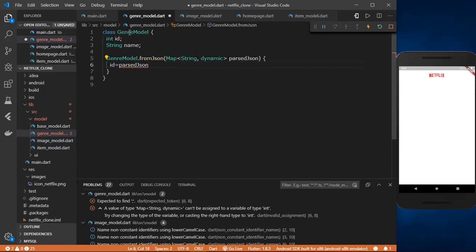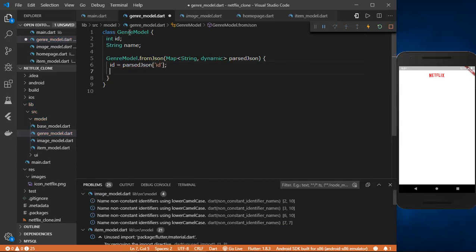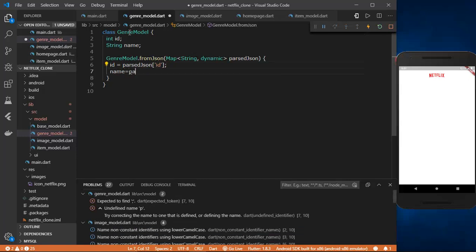ID will be equal to parsed JSON ID, name will be equal to parsed JSON name,